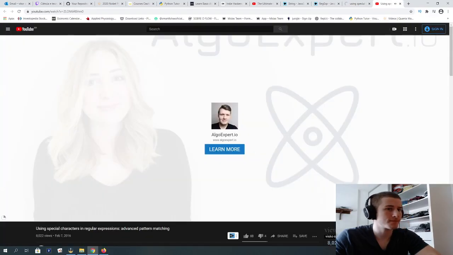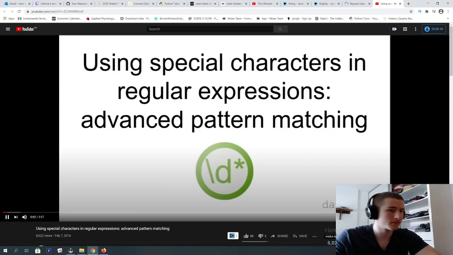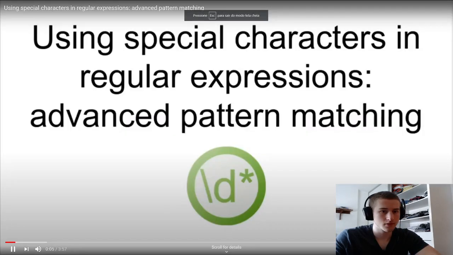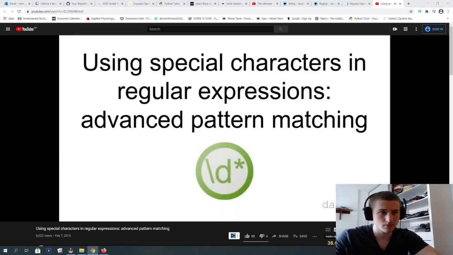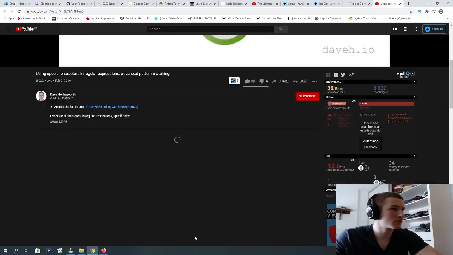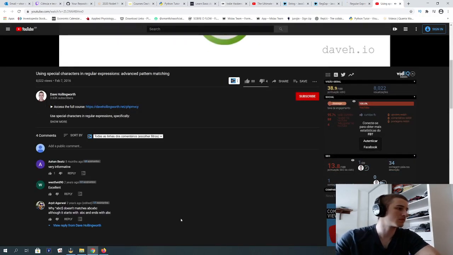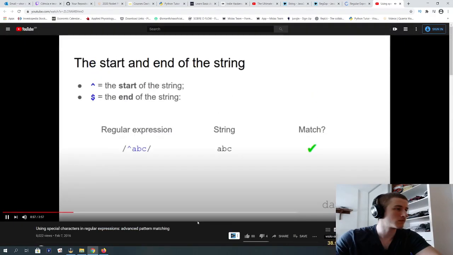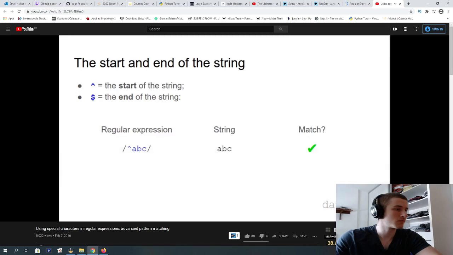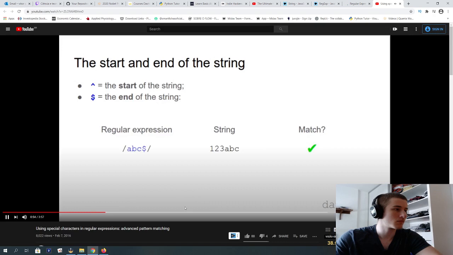So you want to be a software engineer? Using special characters in regular expressions. Advanced pattern matching. We saw in the previous video the beginning of just how powerful regular expressions can be. In this video, we're going to look at some special characters that let us do advanced pattern matching. Let's begin with the symbols for the start and end of a string. A caret at the start of a regular expression signifies the start of a string, and a dollar at the end signifies the end of a string. So for example, this regular expression will match this string and this one, but not this one, because the ABC occurs in the string but not at the start. It will match this one, however, because